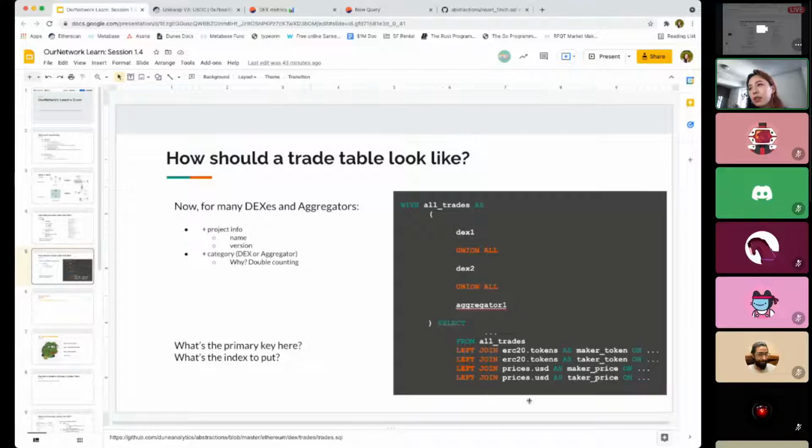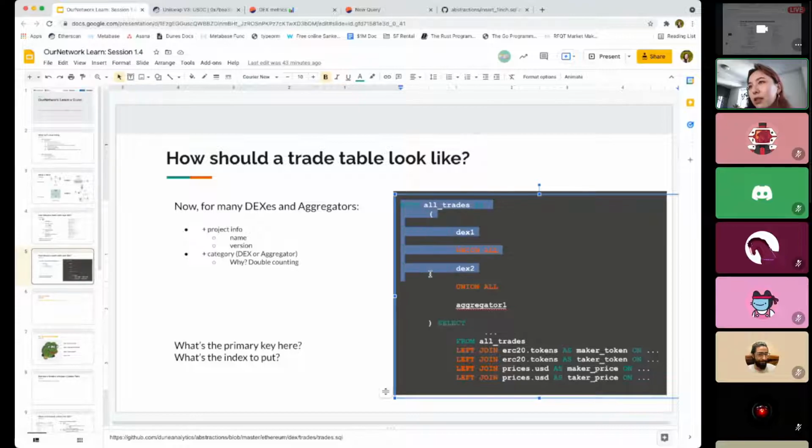And so this would be a pseudo code way to present the dex.trades table. We're going to have, and I believe another teacher also covered this, the CTE thing. So we're going to construct a union of all the different DEX trades with the same format as a mega table. And then from there, we will need to join on the token information from the maker side as well as from the taker side. So basically you see we're joining on one table, but twice, because we need to get the information for each side of the token. And then also we need to join on the price table